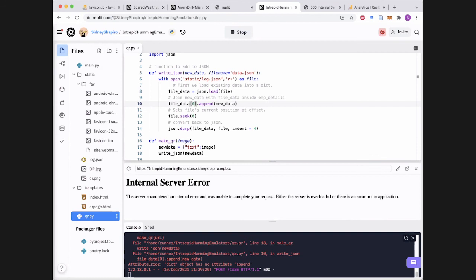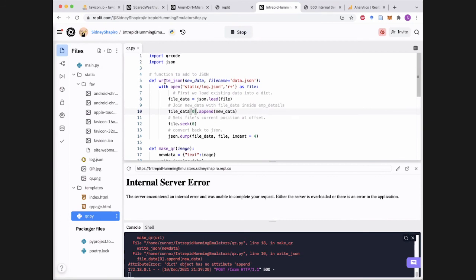This one is always tricky, updating a dictionary. Let me just double check. So we have write JSON, new data, file name, that's okay. Then we have with open static log.json in read mode as file. Then we have file data as json.load file, so that loads the file data. File data